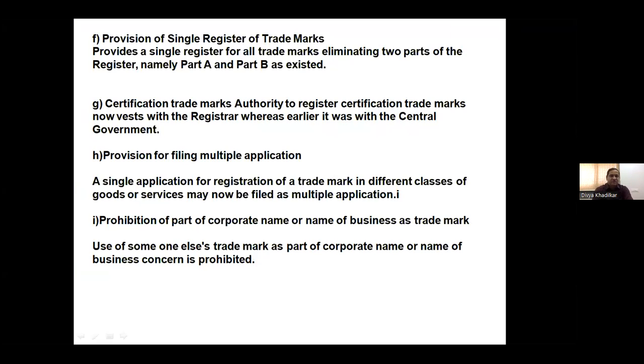Certification trademark: the authority to register certification trademarks now vests with the Registrar, whereas earlier it was with the central government. So if you have to obtain a certification trademark, you can go to the Registrar of Trademarks and make an application, and subject to certain submissions and documents proving it, the Registrar has the authority to register your mark as a certification trademark, like BIS. Provision of filing multiple applications. Previously, there used to be a single application for registration of the